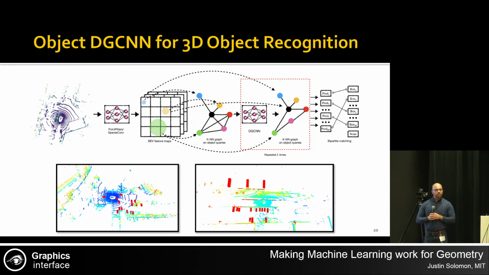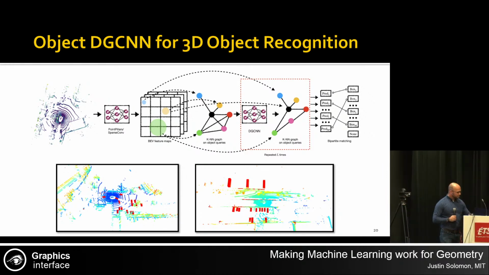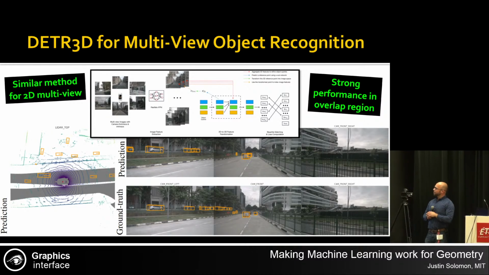In addition to that, we also have proposed some larger scale architectures for more practical machine learning tasks. For instance, in just the last couple of years, we proposed this object DGCNN architecture, which couples with some extremely large scale feature computation tools for autonomous driving. There, the point clouds are so large that there's some additional engineering that has to happen. But we use an object DGCNN backbone to do some of the inference in terms of where the cars and pedestrians are.